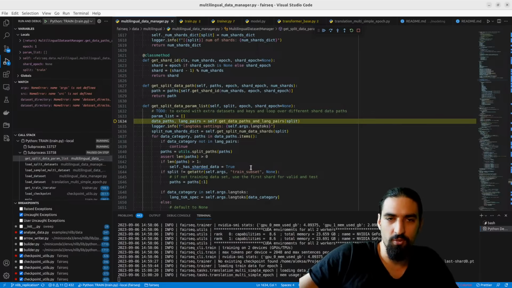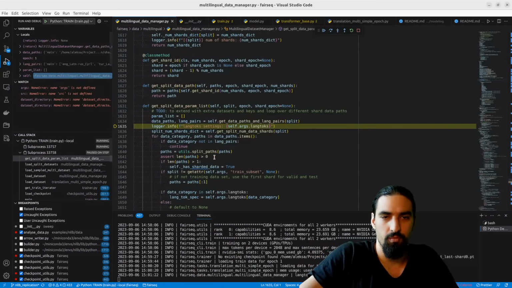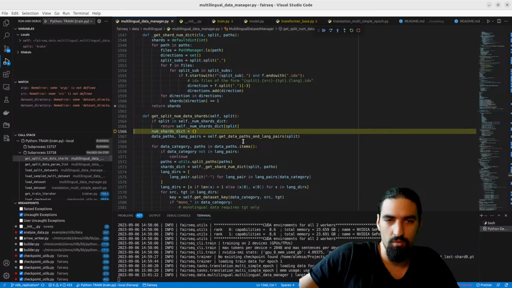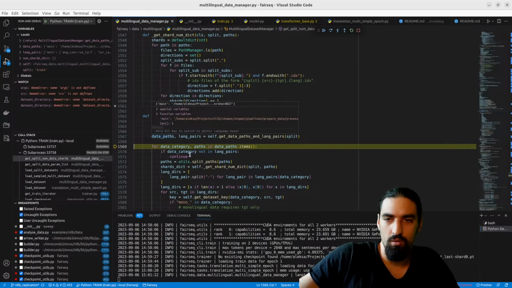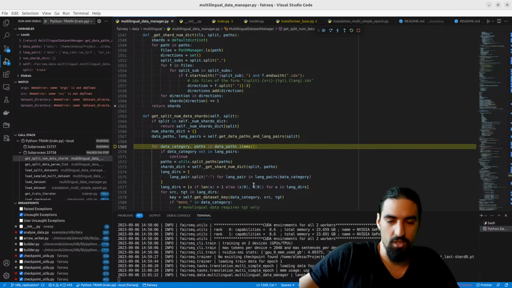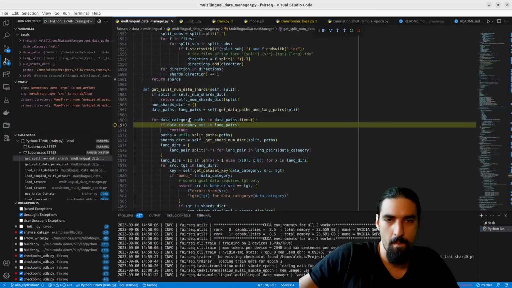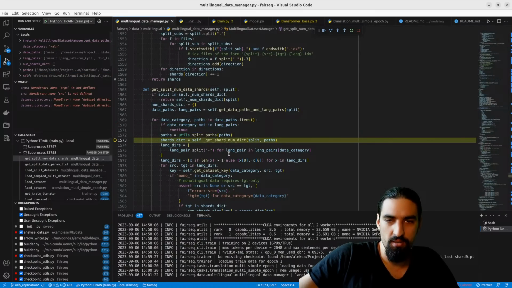So where does the filtering happen then? Oops, accidentally pressed F11. So get the number of data shards. Again, we get all the data paths. We get the language pairs we care about. And then grab the paths, split the paths, get the shard.